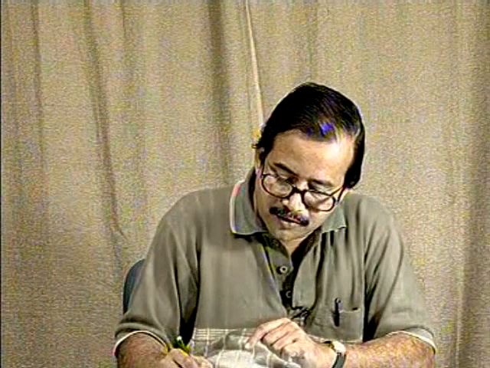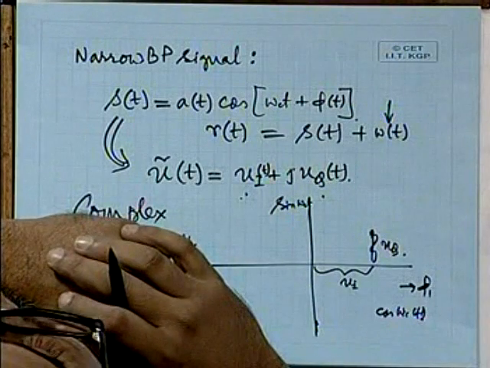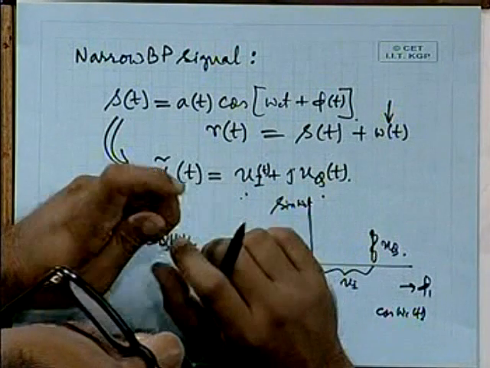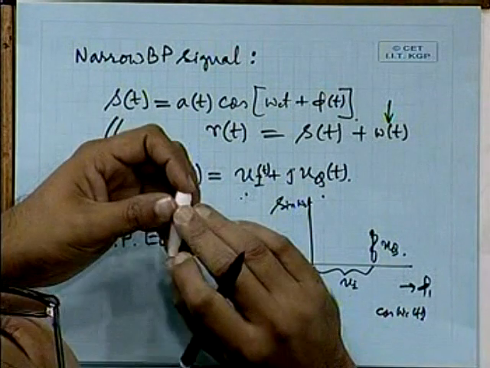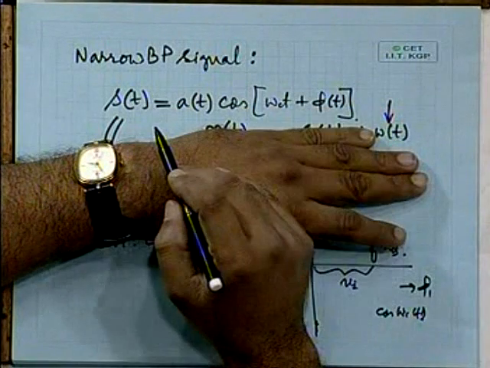So somewhere I'll put a filter appropriately, such that though the actual noise process in the physical world might be occupying a larger bandwidth, I will pick up only that band limited noise. That's known as band limited noise. So essentially my w t process also is band limited, and I can say it's a narrowband noise process. How much the bandwidth is, is dictated by the bandwidth of the signal. So this w t also is a narrowband process,